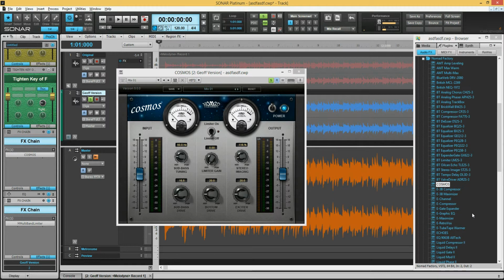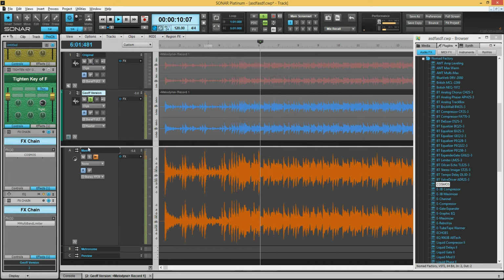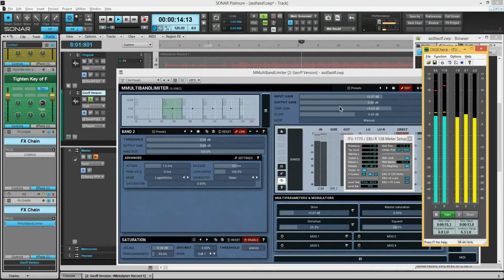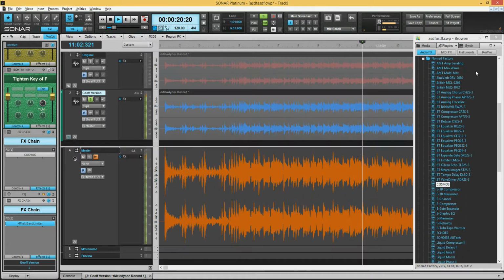So I'm going to reset, play, and use this EBU meter to measure average loudness in the track, just to see how the compressor's set, the limiter, I mean, and see if it's doing what we want. You can see it's approaching